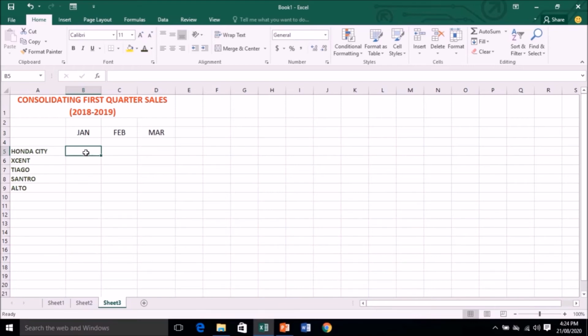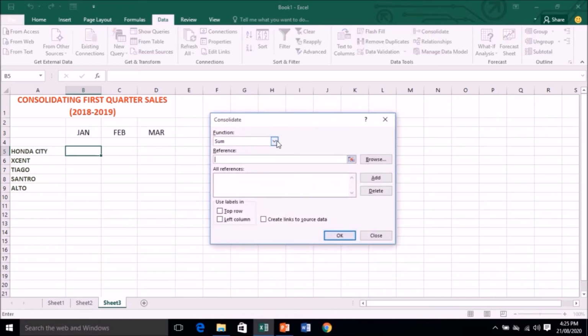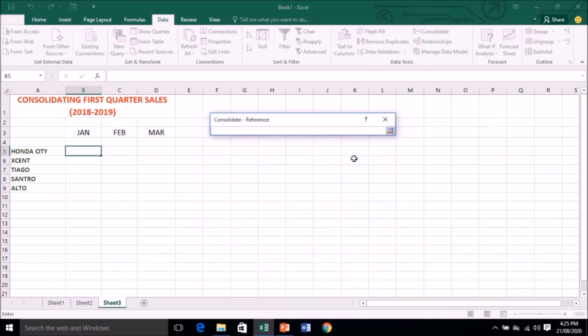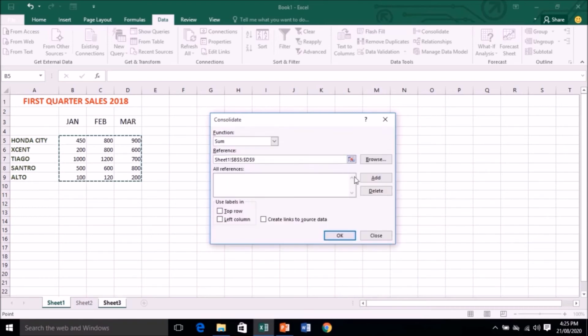First we'll select the cell where we want the combined data. So that is B5. After that we'll go for data tab, and here you will go for consolidate. Can you see this? Yeah, consolidate is here. So the dialog box is in front of us. We'll choose sum, and we'll give the reference of the sheet 1. Again, I've told you, if you are not able to type the cell address, we will select, and automatically you can see in that place reference cell the cell address has appeared. This is the reference. So we'll go for add button. So it is added down, that is sheet 1 is added. The cell reference of sheet 1 is added.